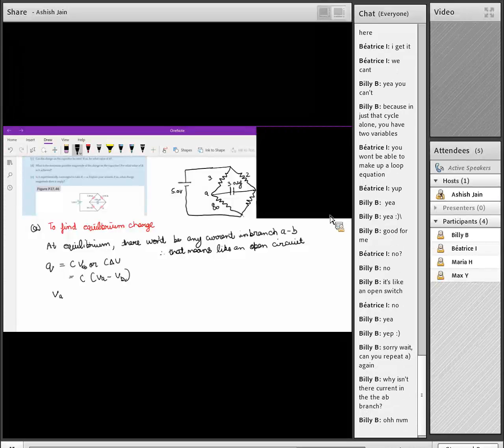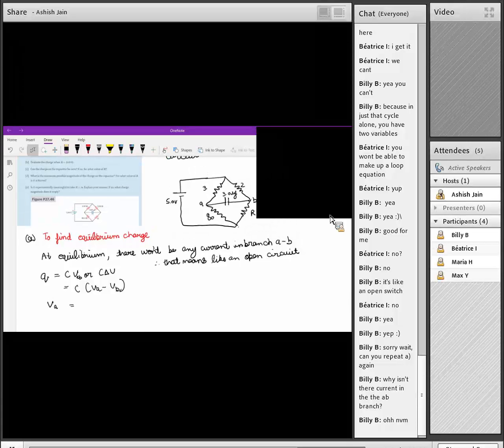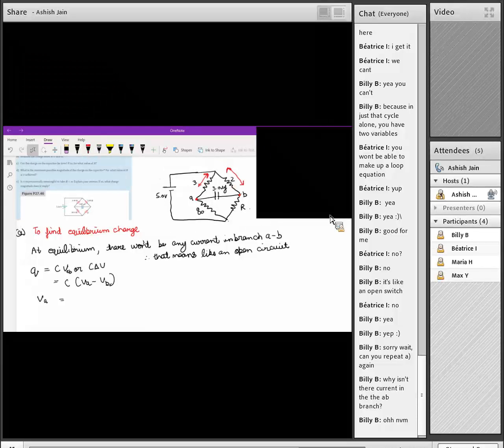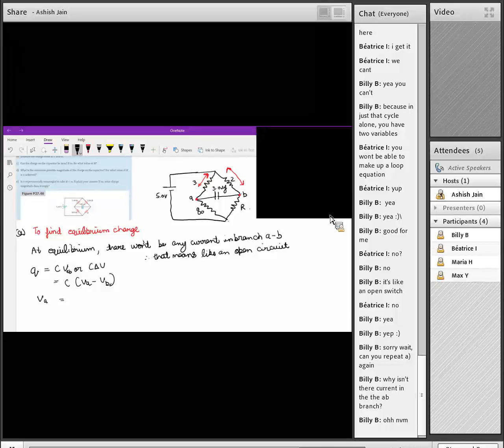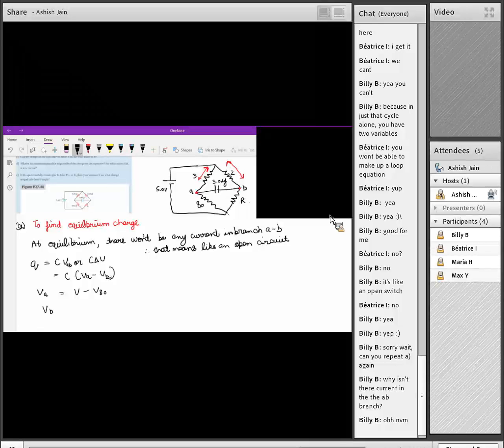What is VA? How can I find VA? Let me tell you the short part. VA here and VB here. The voltage at A means the voltage across the resistor with 3 ohm value, and the voltage at B means the voltage across the resistor with 2 ohm. Okay, so VA can be written as V minus V across the 80 ohm resistor. VB can be written as V minus V across R. If you guys agree,